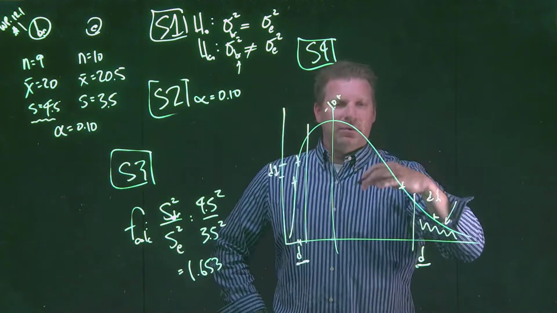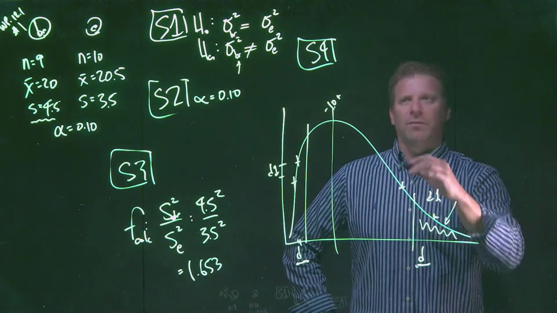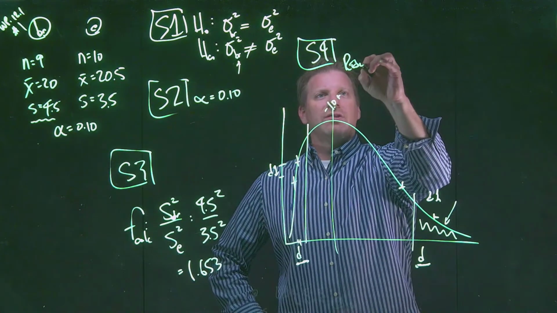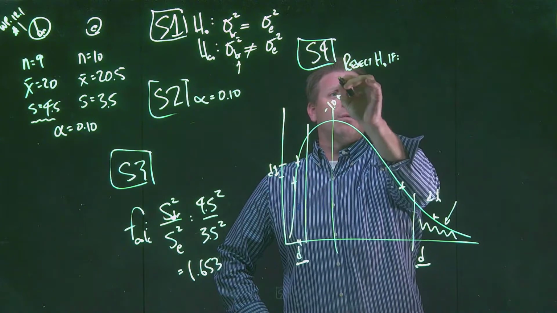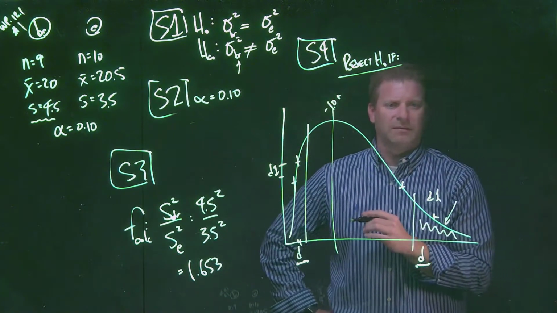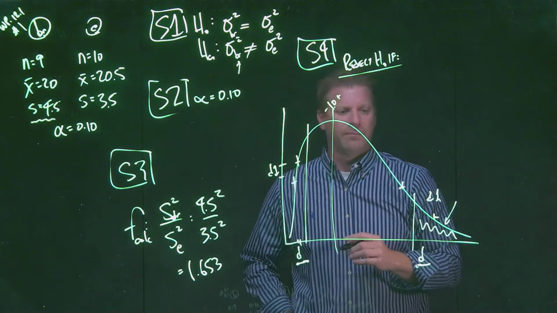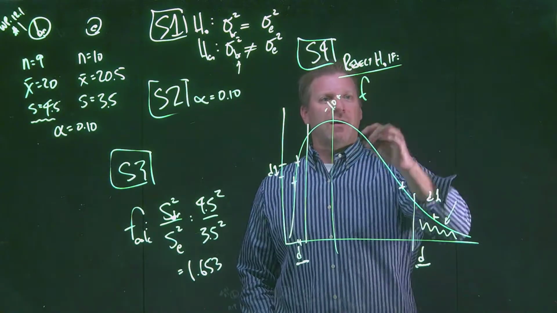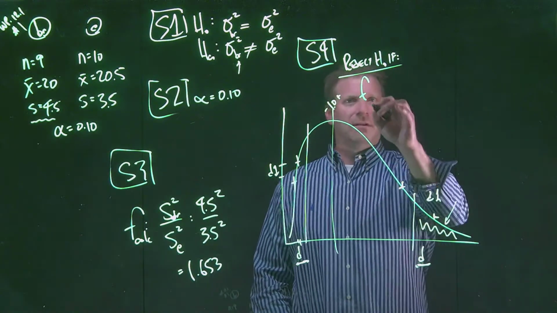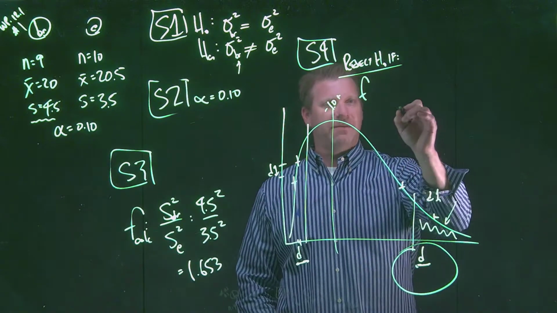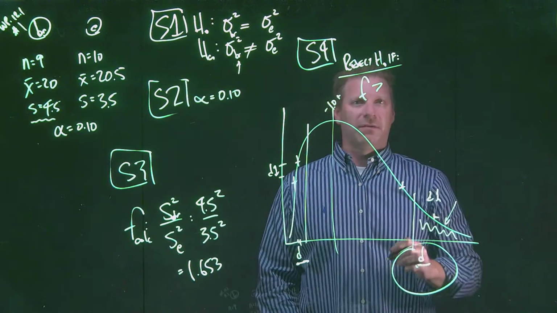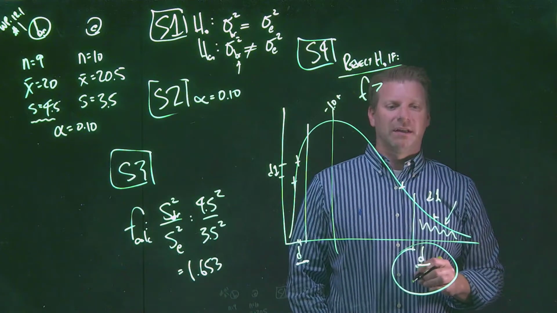Now, as we look ahead to putting together a decision rule, our decision rule is exactly the same as we've been dealing with. We're going to start off by saying reject H sub 0 if. That's been very consistent. Even when we're using p-values, our decision rule starts off the same way. But now we're going to say if our F calculation is greater than some critical value, then we're going to reject H sub 0.